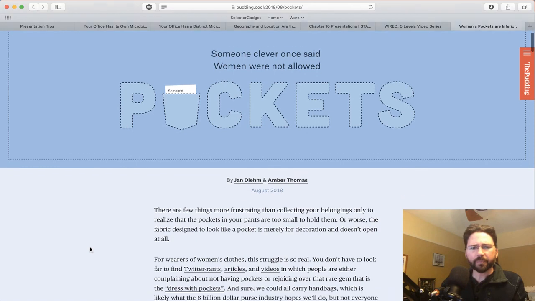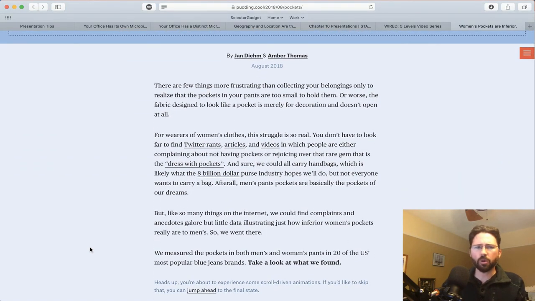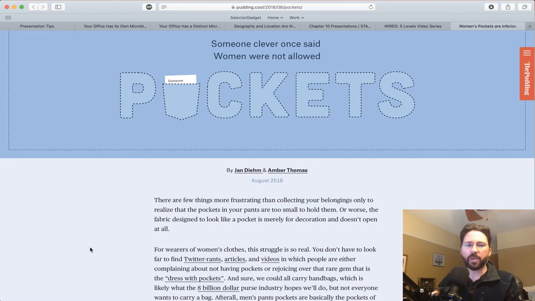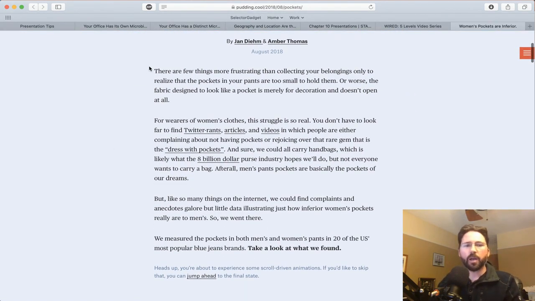as well. But I want to analyze the style in which they wrote, because keep in mind this is intended to be an article that they're trying to make go viral, and it's intended for a broad audience, so they can't get too technical, but at the same time they have a really important point, and their point is that women have crappy pockets. So let's start out with